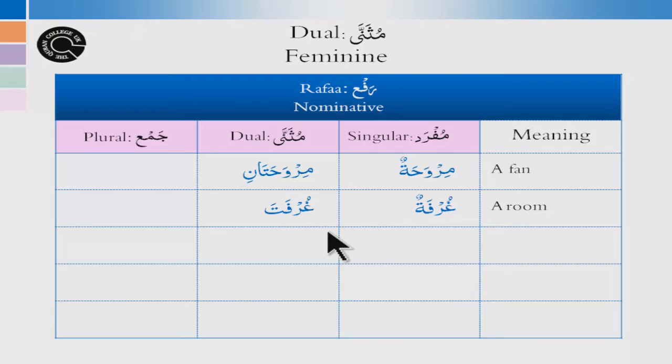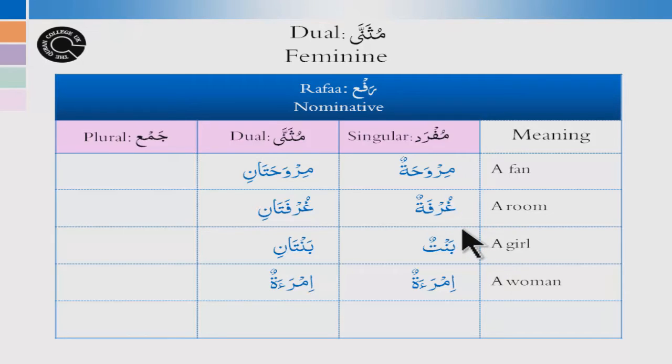That would be ghurfata, and you bring the ani, that is then ghurfatani. And similarly bintun, and that would be binta, and that would be bintani, and all together when you join it, it will be bintani. And now another noun, imra'atun, that's a single woman, and when you talk about two women,